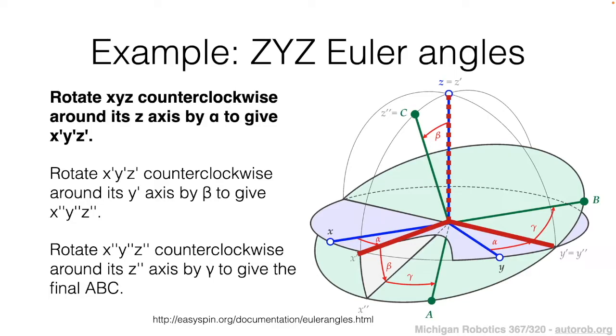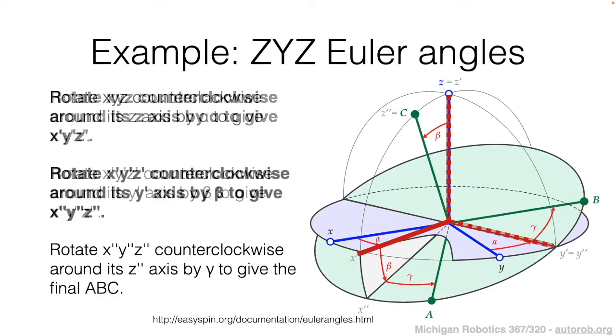Following this, we're going to rotate about the y-axis, which has been modified. So now the y-axis, following our initial rotation, is shown in this dashed vector,